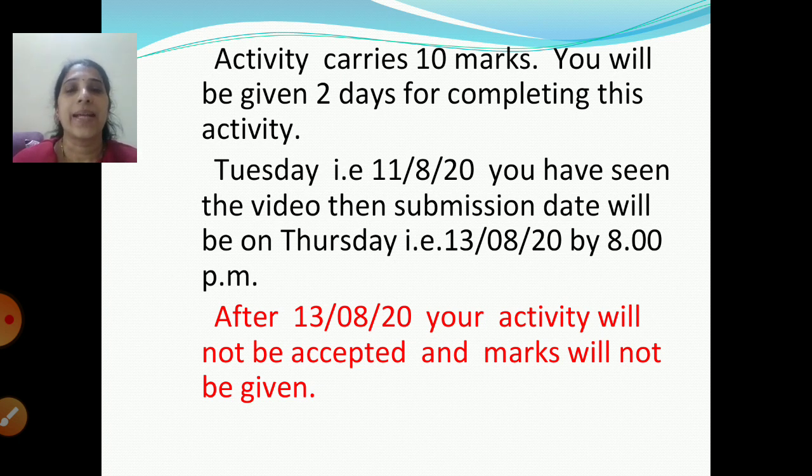Then you will write the types of disasters, and explain any two disasters of your choice, and stick pictures related to that disaster. By 13th August, you are going to upload this activity on your respective division group, again in PDF format only.